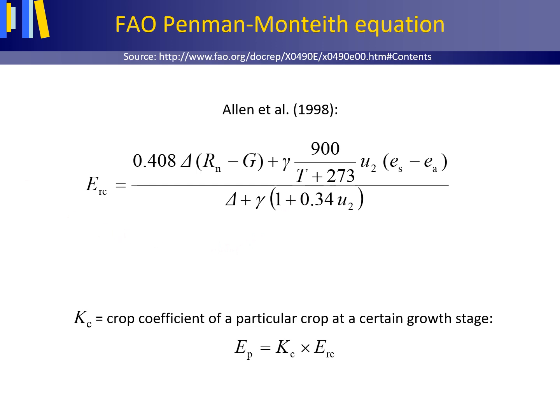In order to estimate the potential evaporation of a particular crop, it is common practice to calculate the above-defined reference crop evaporation and to multiply this by the crop coefficient, Kc, of the particular crop, as determined from research, for instance, by using a lysimeter. The value of Kc changes with the growth stage of the crop.